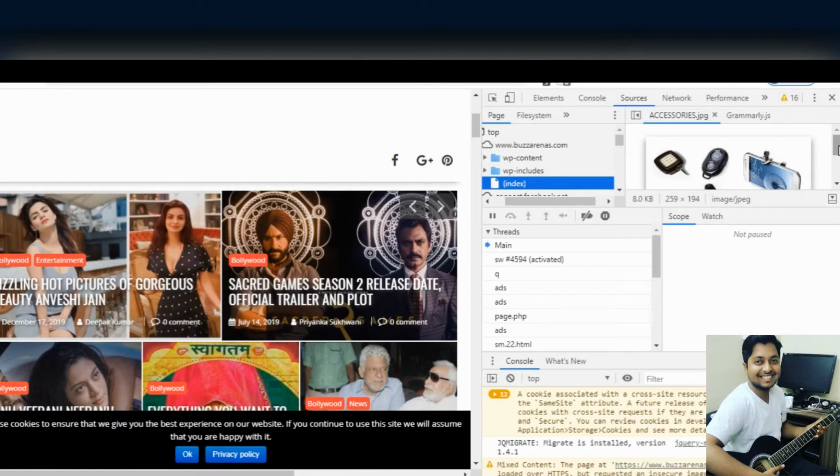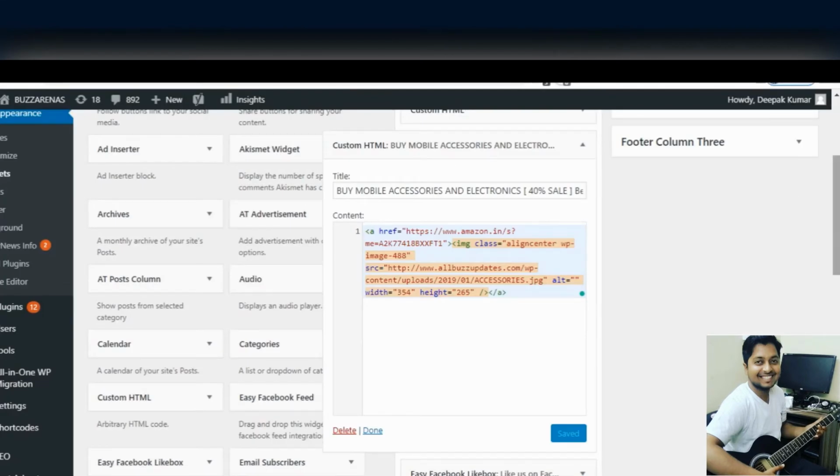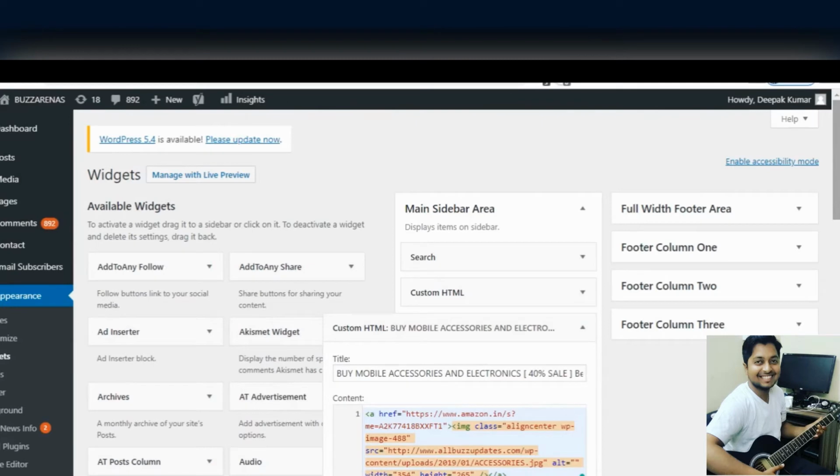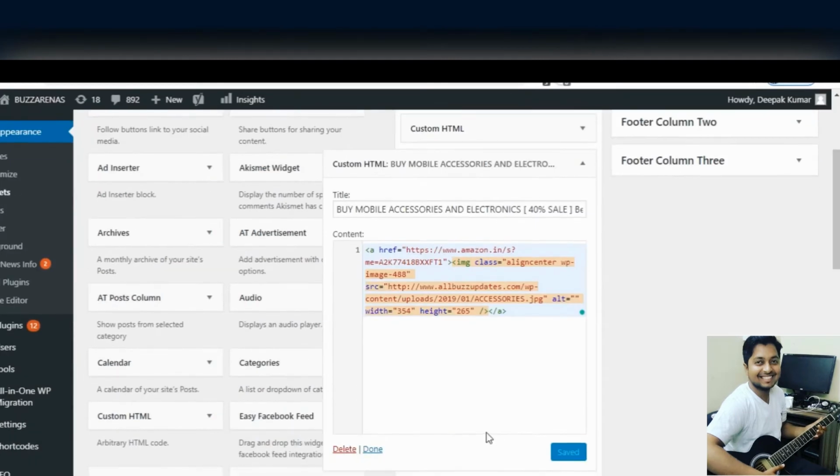And I remember this particular image of mine is in a WordPress widget, in the widget section. So I will open the dashboard of my WordPress blog. This is the dashboard, and this one is the widget in which the image is causing an issue. As you can see, it is showing src equal to HTTP, so I will change it to HTTPS. Okay, just change it to HTTPS, click on save, and it will be saved.